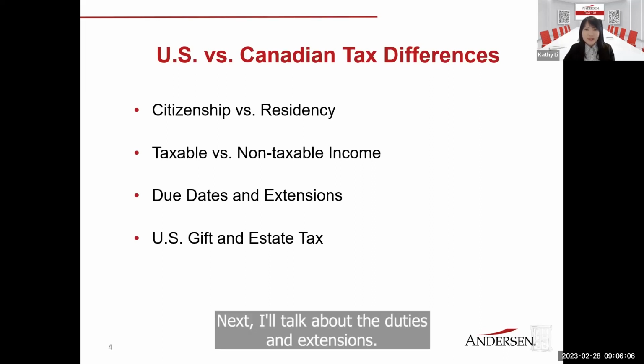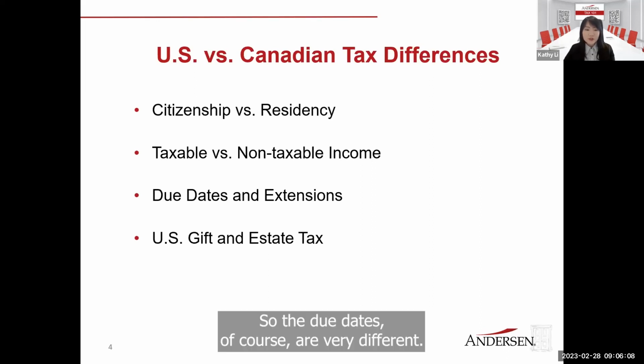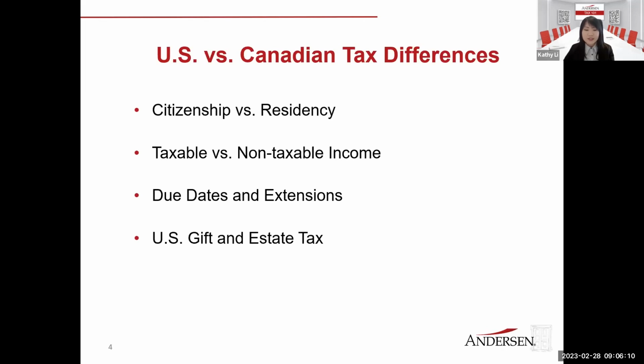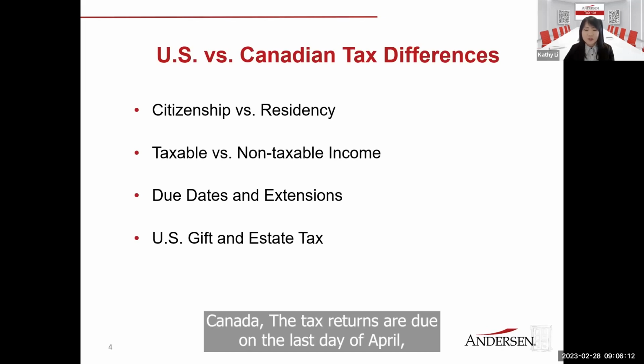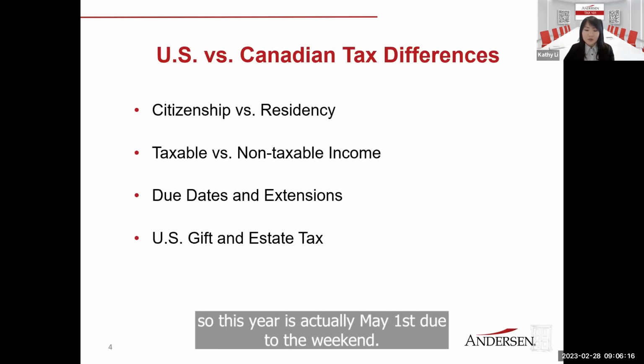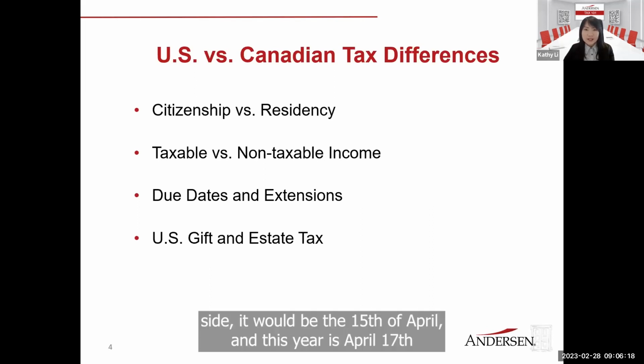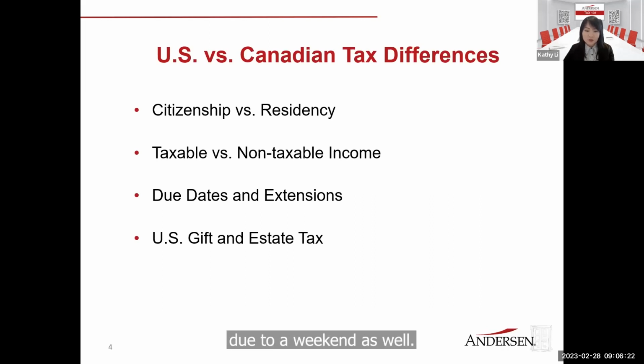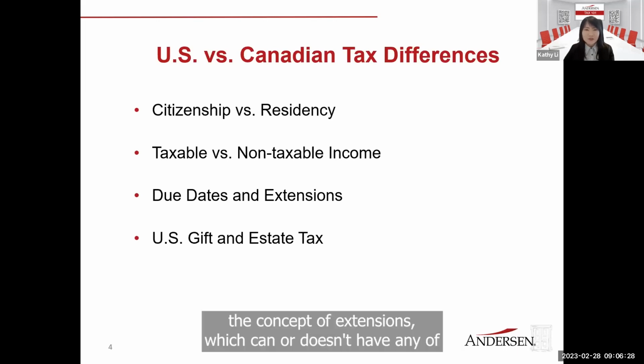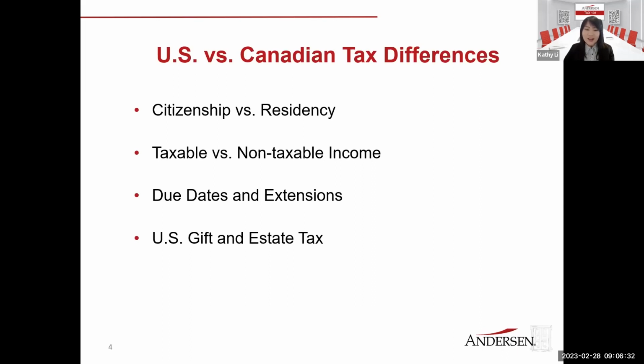Next, I'll talk about the due dates and extensions. So the due dates, of course, are very different. In Canada, the tax returns are due on the last day of April, so this year is actually May 1st due to the weekend. On the US side, it would be the 15th of April, and this year is April 17th due to a weekend as well. But the most interesting issue is the concept of extensions, which Canada doesn't have any of,